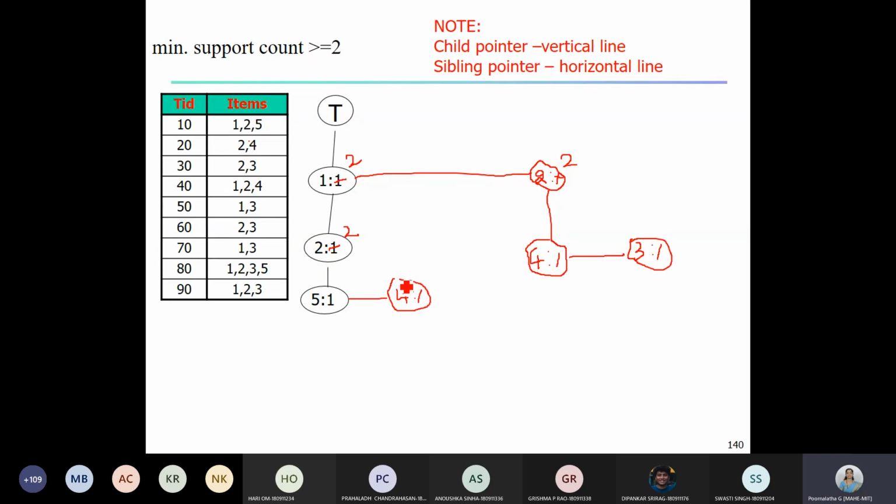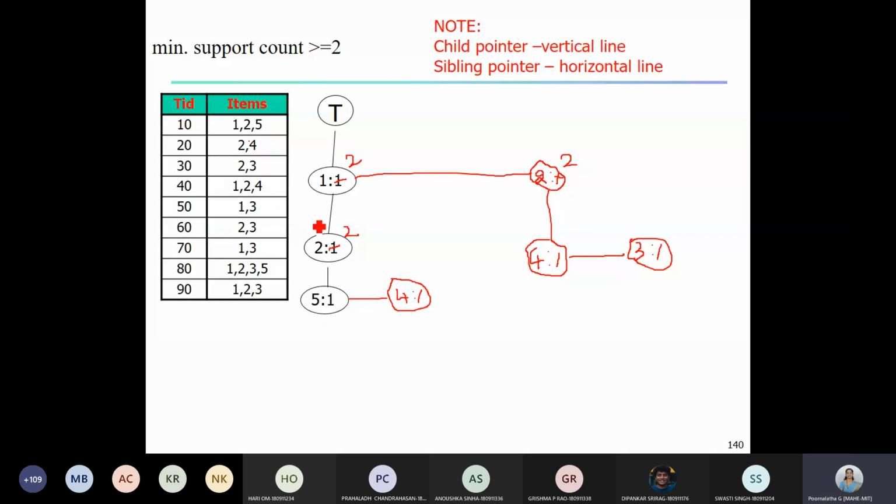Okay. Item transaction is 1, 2, 4. You can see here we have 1, 2, 5. Here we have 1, 2, 4. So this 4 and this 5 are having the same parent 2. Hence they become siblings, and siblings we are connecting using the horizontal line. Though there is a 4 here, we are not going to this. This is a different 4. We are traversing the transactions one by one and we are going through the same order as it is there. Fine. So 1, 2 and 4.